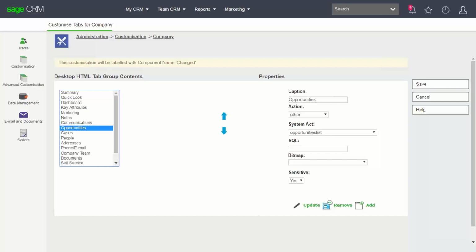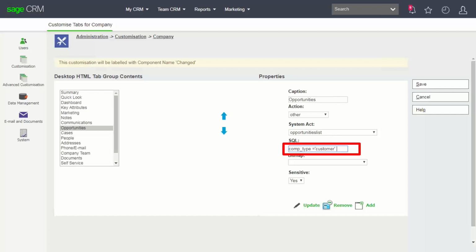I'm going to mess around with the tab. And I have this control, as you saw me earlier, I have the control over a field. So here are the tabs. Notice on the right-hand side, I've got this element of control. I'm going to enter a SQL clause, company_type equals customer. Essentially, what I'm saying is, show me the opportunities tab in a company context only if the company is a